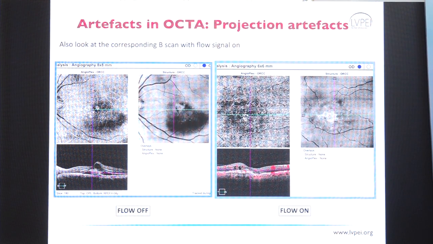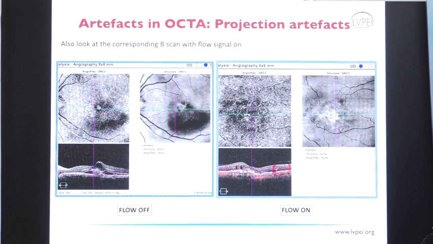Important thing what Dr. Gupta also mentioned to rule out or look for projection artifact is to switch on your B-scan flow signal. So that's one of the easiest ways to look for projection artifact. When you switch on the flow, these are corresponding images with flow off and flow on. When you switch on flow, you start seeing these vessels appearing. So when you switch on the flow here, you can see these red flow signals coming up in the superficial